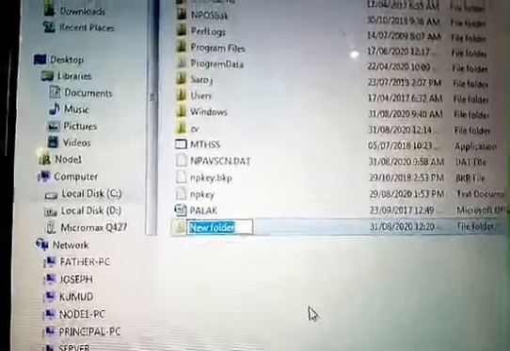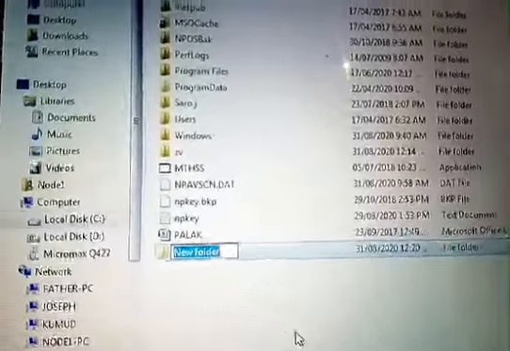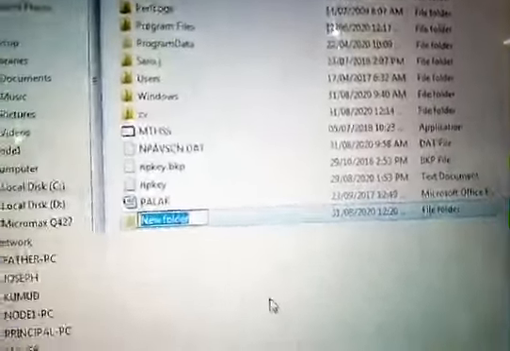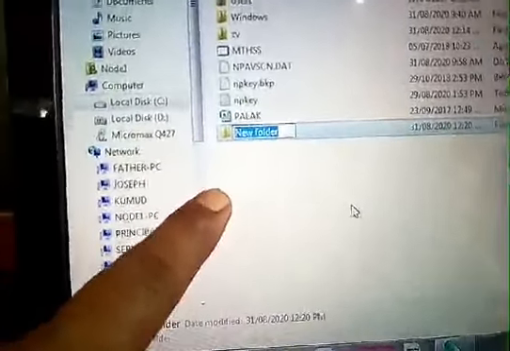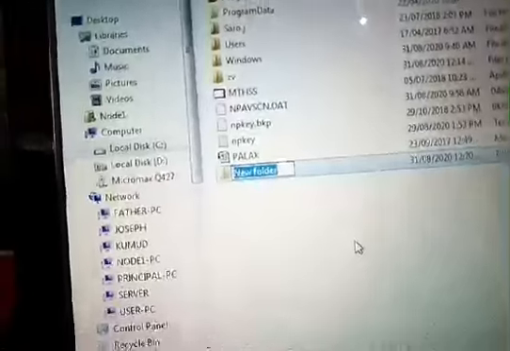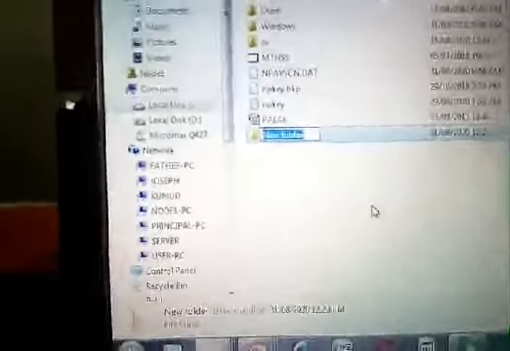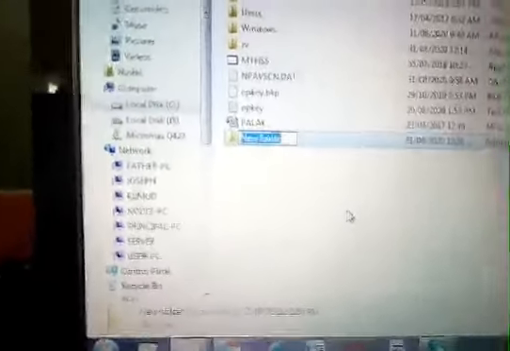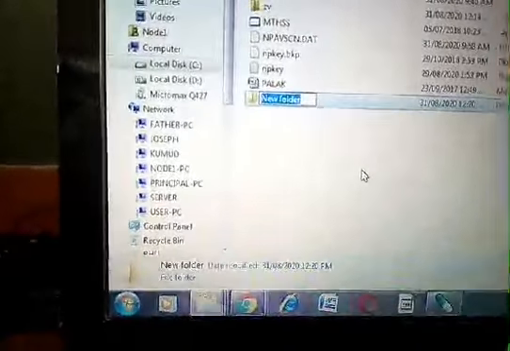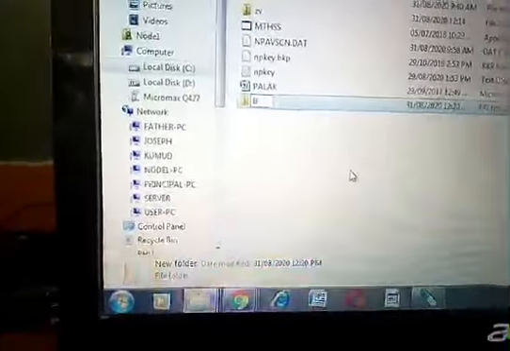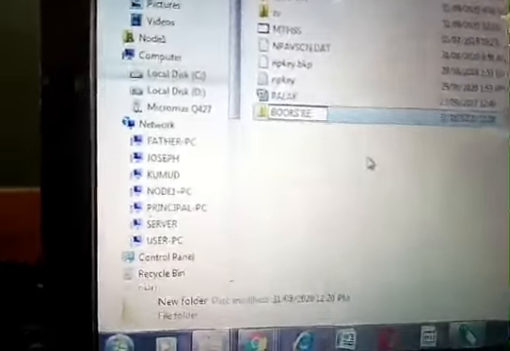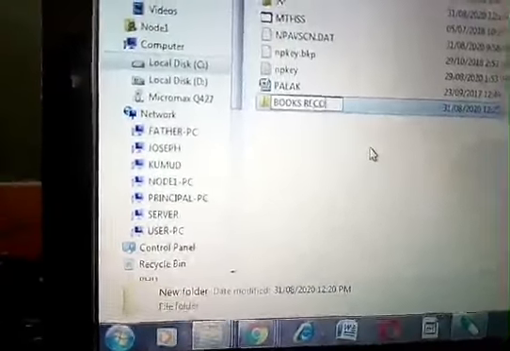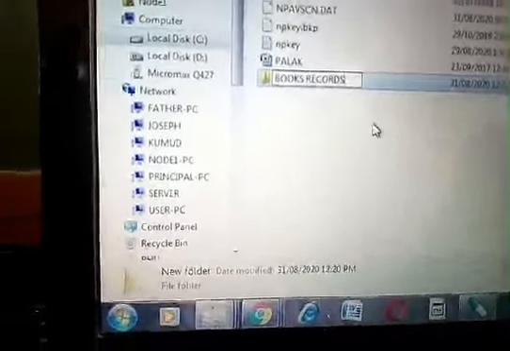Next process, renaming a file or folder. This file is here, this folder. Now I want to put the record of the books, so I have given the name Books Records.